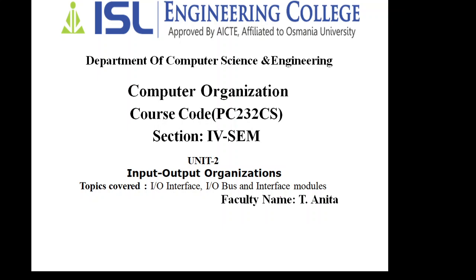We have also seen that the CPU can communicate in three ways. One makes use of two separate buses: one for the CPU with the memory, and one for the input output processor with the memory. Next, the address bus and data bus are common but the control buses are different. That is isolated IO. And in memory mapped IO, all three buses are common for both the memory and the IO, but the IO occupies less space compared with the memory. So these are the things we have discussed today.